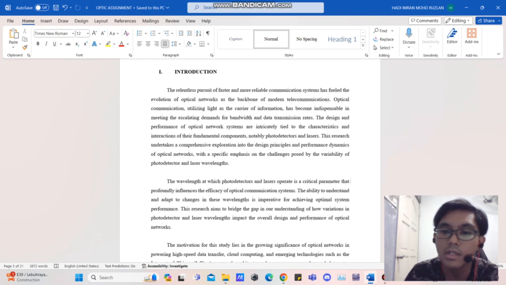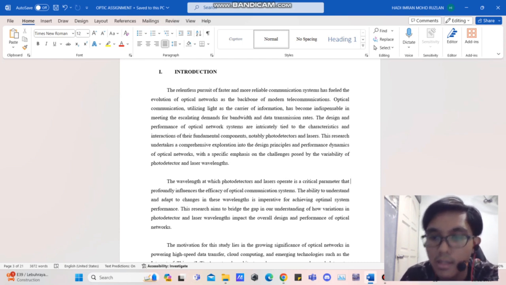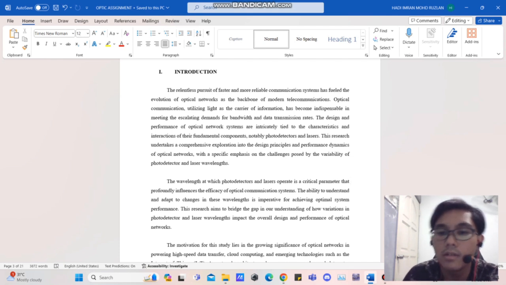I will present about the introduction of optical network system design and performance analysis considering variable photodetector and laser wavelength. The research delves into the foundational aspects of optical network design, considering architectural choices, technological components such as laser and photodetector, and the challenges associated with dynamic wavelength variation. The investigation emphasizes the critical role of photodetectors and lasers in optical networks and their impact on signal transmission reliability